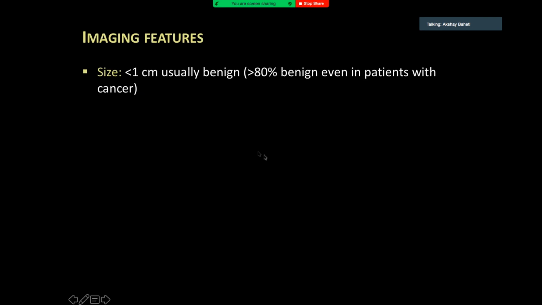So how do you do that? Obviously, we talked about it. The sub-centimeter lesions are fine. Even in cancer patients, most of the sub-centimeter lesions are benign, right? So we really don't focus too much on them. Even the surgeons know it. So in gastric cancer, if I say there's a 4 millimeter lesion, they will not generally ask for an ultrasound and FNAC and all of that. They'll say, okay, fine, we'll go ahead and treat. Unless there is some worrisome feature that we say, this looks a bit odd. That's the only time when they'll really chase it.